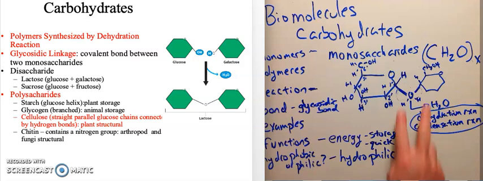And so if we have 2 sugars joined together, that's a disaccharide. If we have 3 or more sugars joined together, that's a polysaccharide. And polysaccharides are usually what you think of when you think of carbohydrates. Usually when we're talking about carbohydrates, we're talking about complex carbohydrates. Simple sugars are monosaccharides and disaccharides. So some disaccharides that you might be familiar with include lactose, which is the disaccharide found in milk, and sucrose,